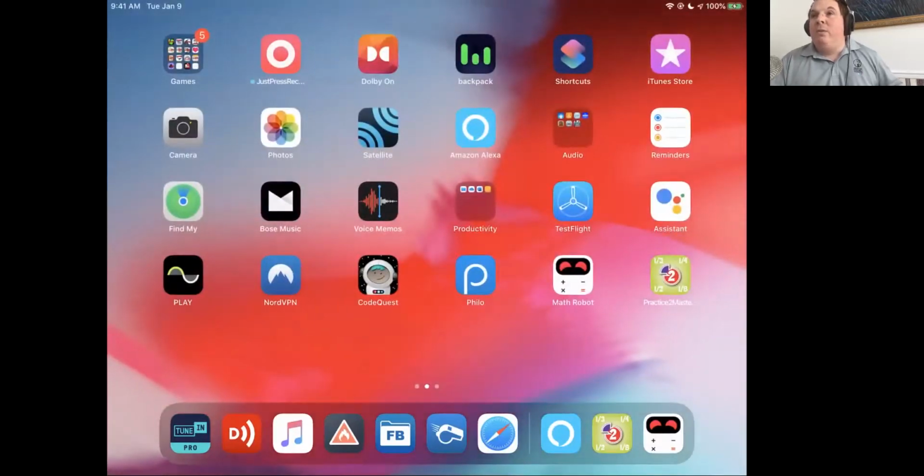So the final thing I want to get into is CodeQuest. CodeQuest is an app that's also free and is for the iPad only. At the very end, I'll go over the apps and what they're available on, just because it's a little confusing. But CodeQuest is available on the iPad only, and it is free. What it does is it teaches sequencing. So it's getting you into the beginning stages of learning coding, in a way. It's more based on, I would just call it, sequencing.